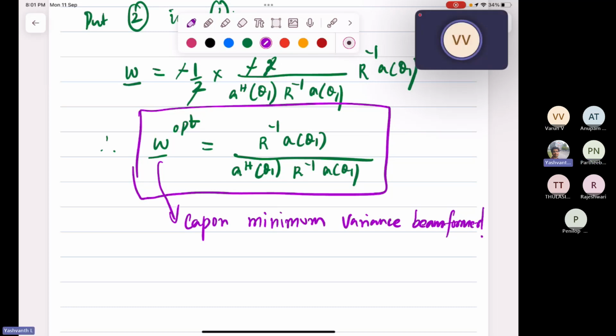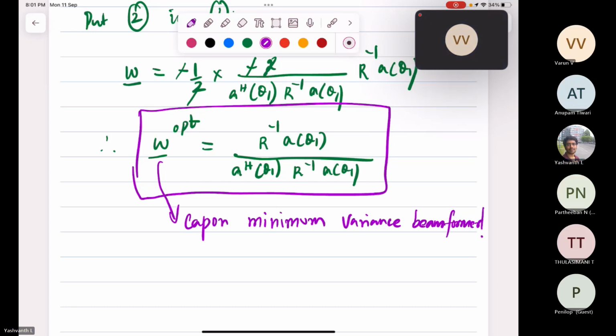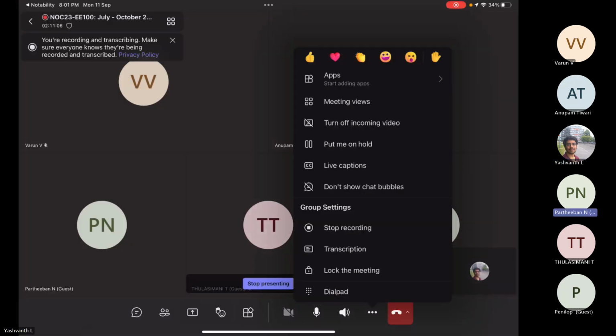Is there any doubts or questions on today's class? No, sir. Okay. Fine then. So then we can stop for today. So next week maybe is Vinayaka festival. So will you be still conducting